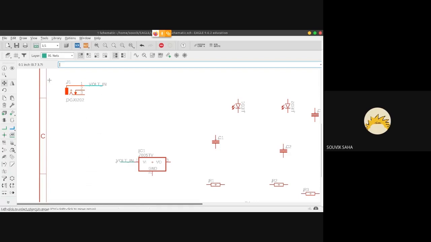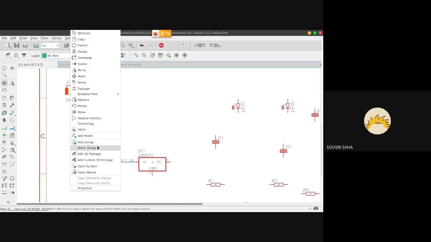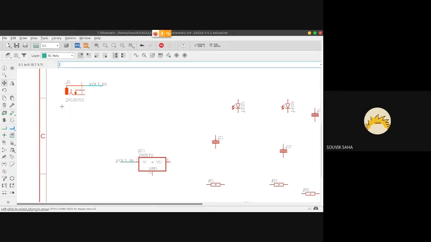So once you select the group, click on the move icon over here, to know that your group is properly selected. You'll see that it kind of glows up a little bit.